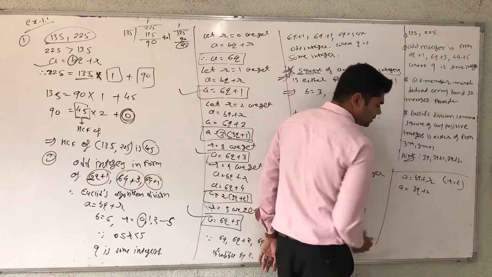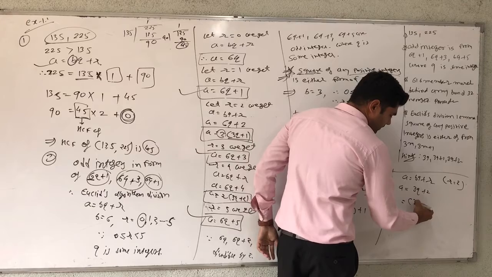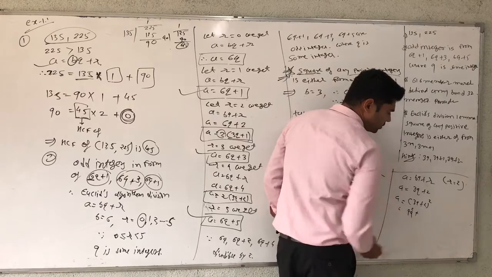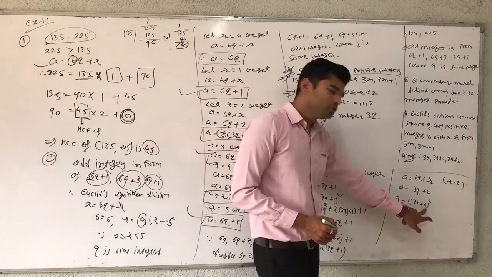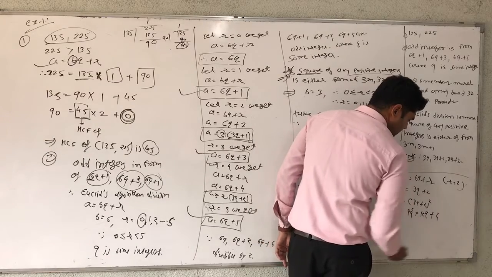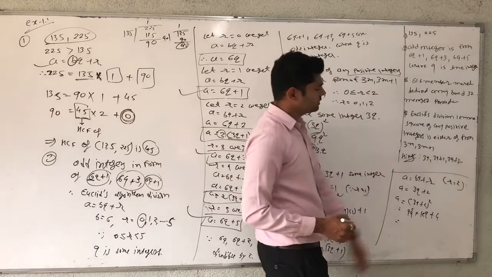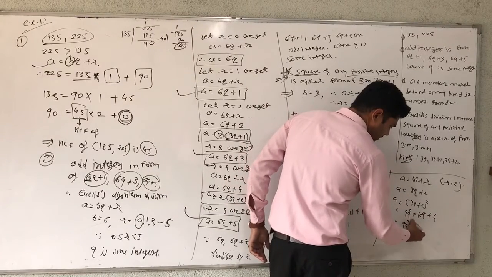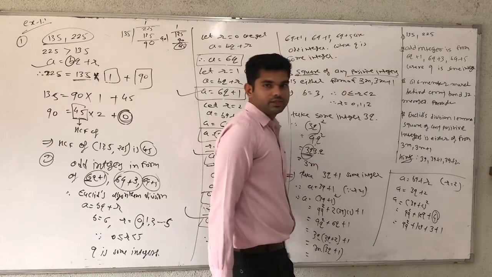So we get 3q plus 2. Now square, because the instruction is the square of some integer. Therefore 3q plus 2 whole square. Now 3q square means 9q square. In a similar way 2ab means 3q into 2 into 2: 3 into 2 is 6, 6 into 2 is 12, so 12q plus 4, since 2 square is equal to 4. Now we have to prove that 3q plus 2 squared can be written as 3m plus 1.